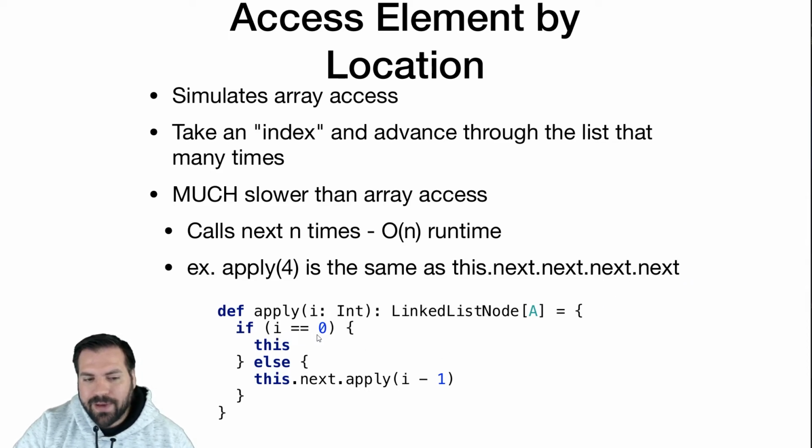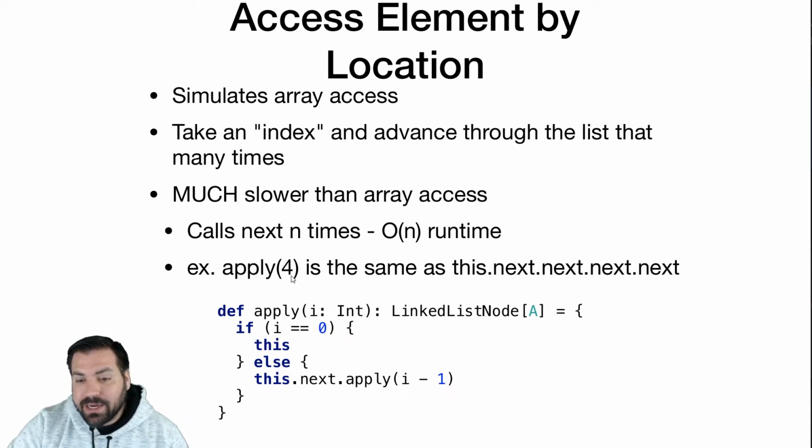In the code, if i is equal to 0, well, that means you want this element. So we're going to return that node, and we're returning a reference to the node, not just the value at that index. We're going to assume we want the full reference to a node, which is something common we'll do with linked lists. You'll see why when we get into insert and delete. So we're going to return a reference to that node, and then if we want the value, we would do dot value on it. Else, we're going to call next once. We're going to use up one of those next calls that we have to do, and then call apply on that node with i minus 1. We've called next once. The next node has to now call next i minus 1 times.